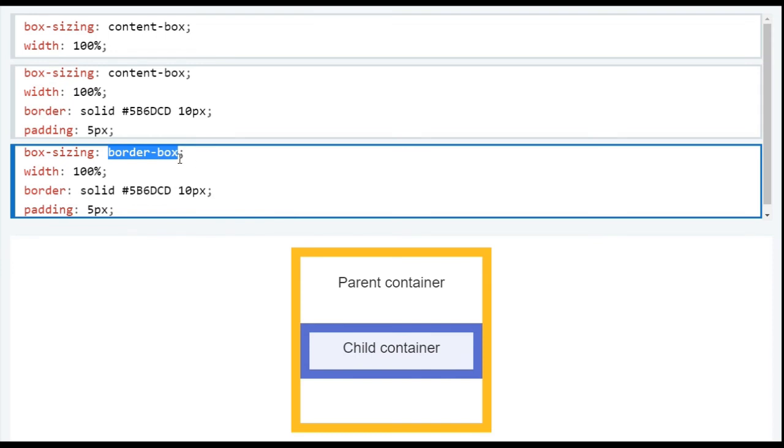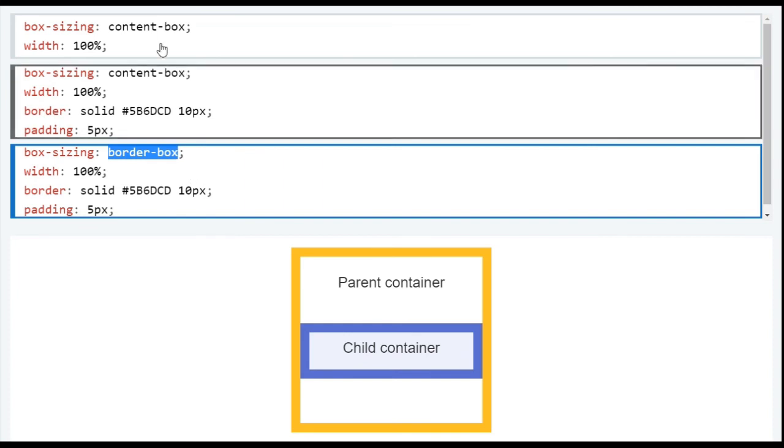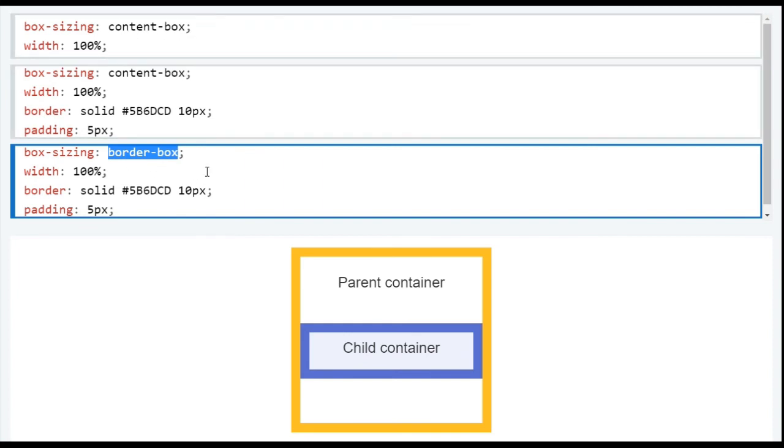So friends, the border box property prevents the width and height of an element from increasing when you give border width and padding to this element. I hope you have understood the difference between the content box and the border box. Mostly we use the border box property when we want to prevent the width and height of the element from increasing. If we want to go with the flow of the element, then we don't give any box sizing property.